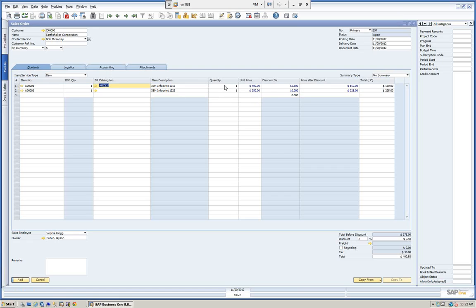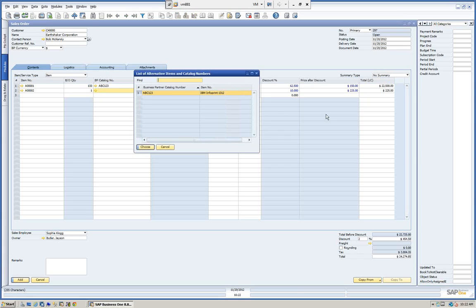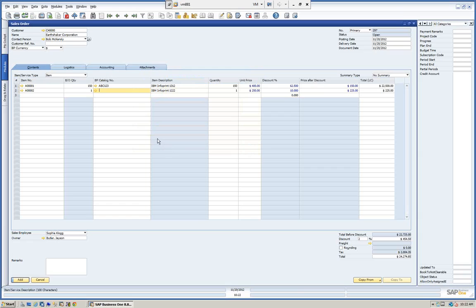And again, this one does not have a quantity break. So if you go here and we put 150, we can see here that we're still getting the discount of 62.50. It's always going to be 150 because there's no discount on this one. Now, if we go here and we put 150,